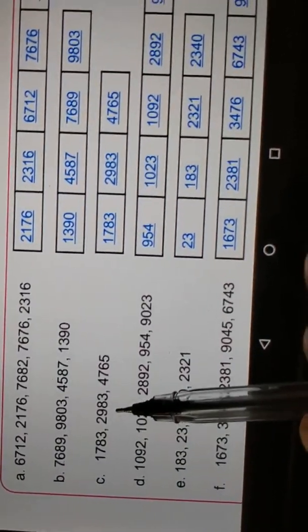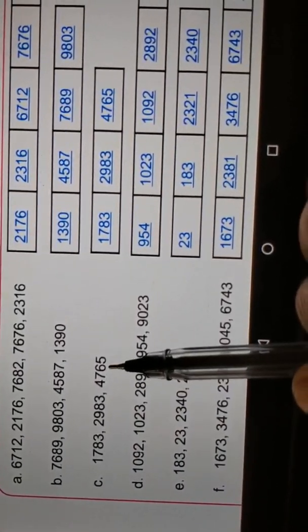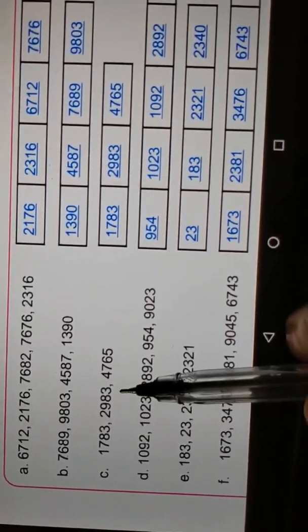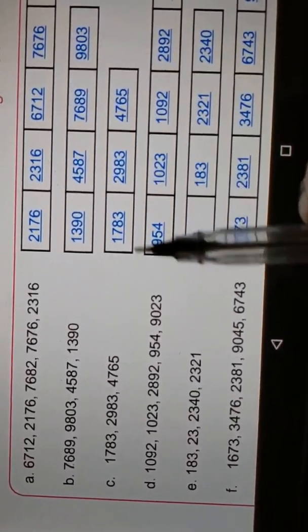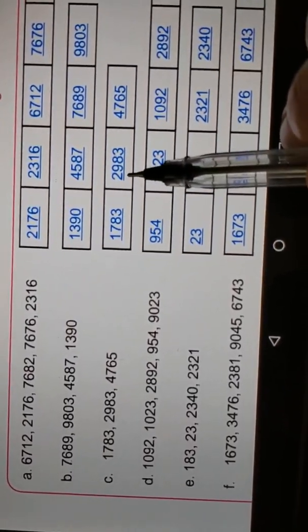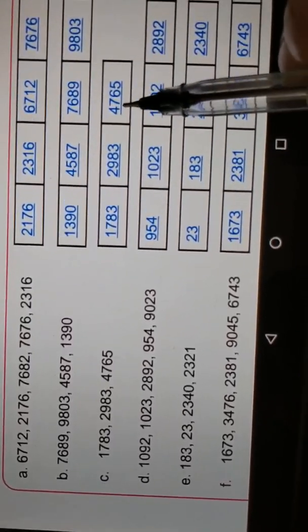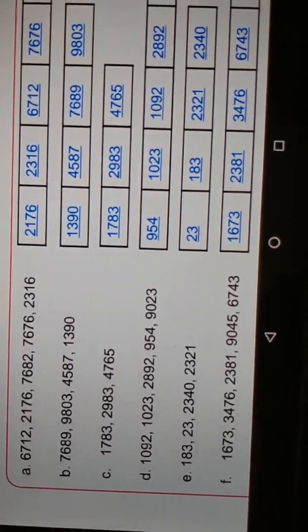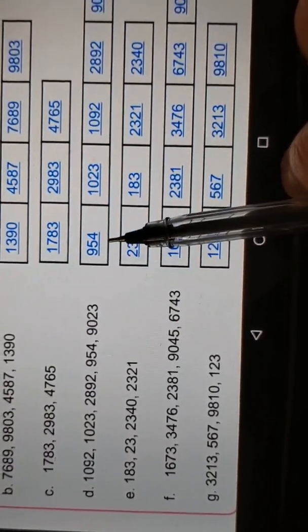1783, 2983, 4765 is there. 3 digits are there, so we have to draw 3 blanks. 1, 2, 3 blanks we have to draw. Then we have to write 1783, 2800, 2983, 4765. Like that. Next we have to complete 9954,